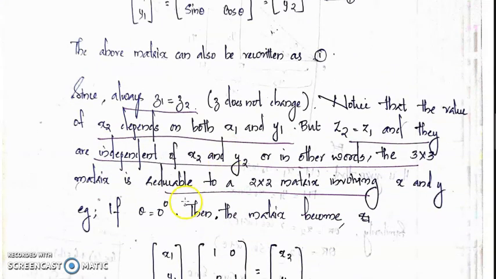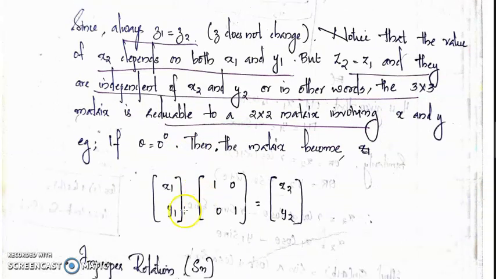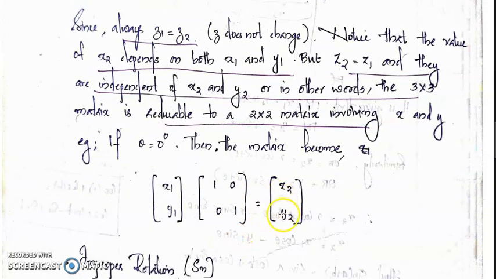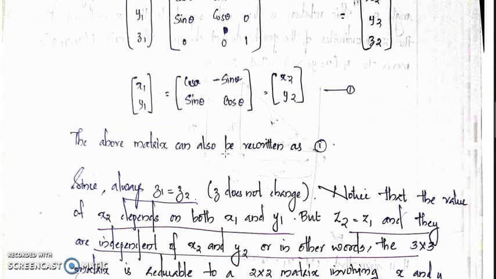And if the value of theta is equal to 0 degree, then we can write x1 into 1, into 0, y1 into 0, into 1. That is, we are giving the values of theta: cos 0 is equal to 1 and sin 0 is equal to 0. We will get x2, y2 is equal to 1, 0, 0, 1. Okay, this is the matrix representation for a proper axis of rotation. That is, x1, y1 is equal to cos theta, minus sin theta, sin theta, cos theta, which is equal to x2, y2.